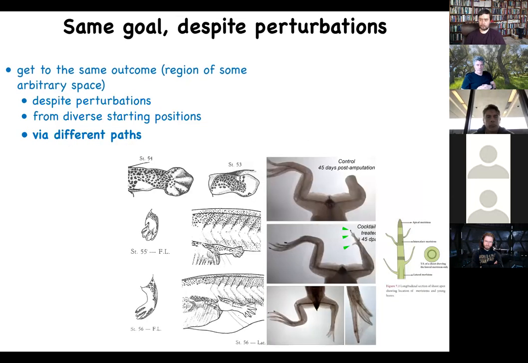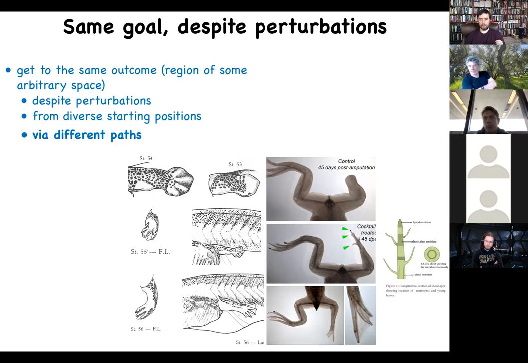And in fact, when we regenerate these frog legs, they don't grow back with the same path through morphospace as the development. They look more like plants. You get the single stalk with a toenail, and then these off to the side, and eventually you get the same leg, but it's not the same path at all. So again, all of these systems are able to navigate morphospace in novel ways to get to where they're going,